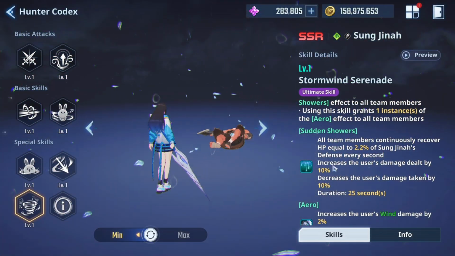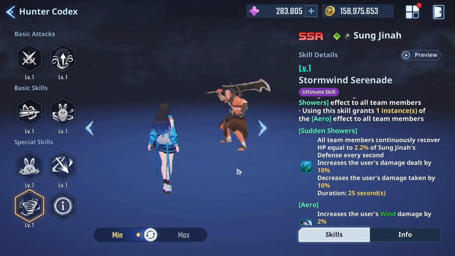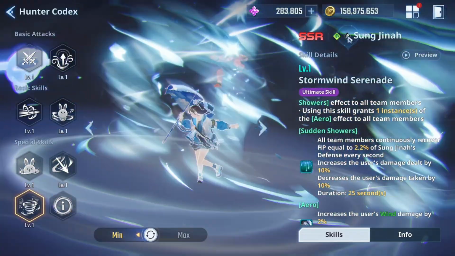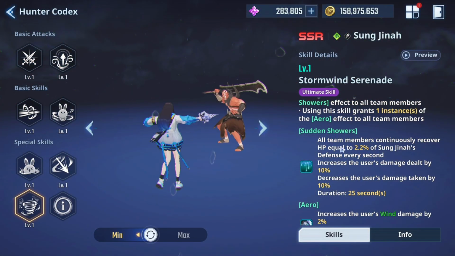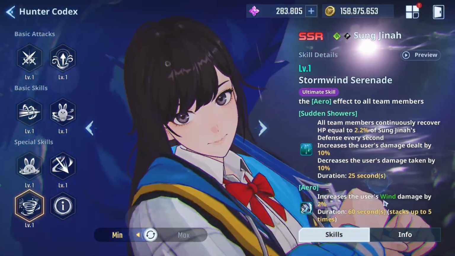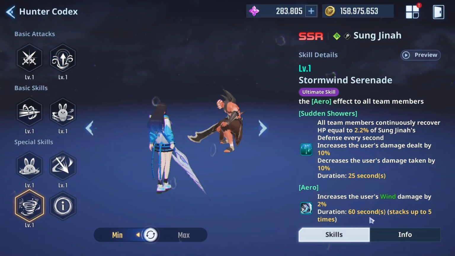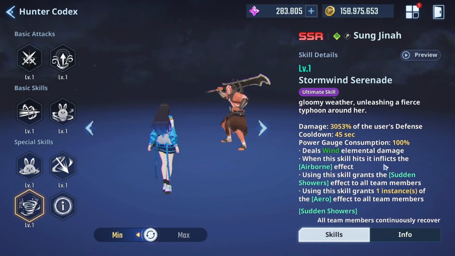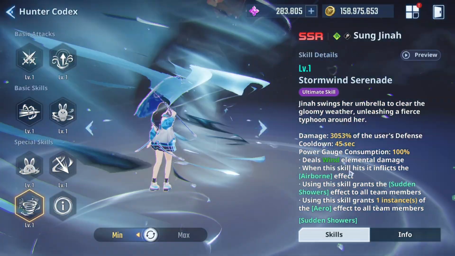All team members continuously recover HP. So yeah, that's it. Jinah as a support, even with Mage main. So yeah, basically just like Jinah. Heal, damage dealt, decrease damage taken for 25 seconds, and increases the wind damage by 2%. Yeah, Jinah has a lot of stacking mechanisms. I'm not sure if we can maximize it,